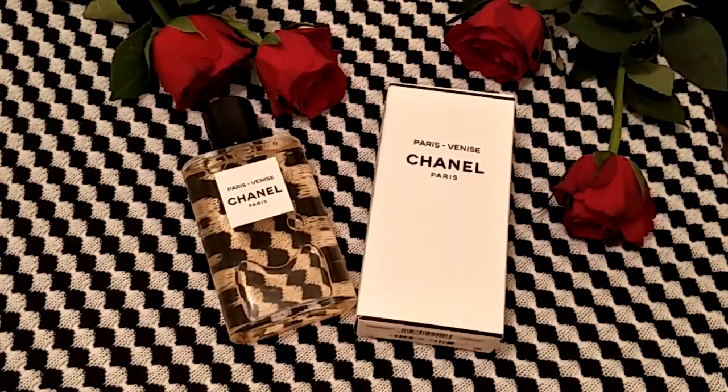Hey, what are you doing? He's scratching the bed. And yeah, so